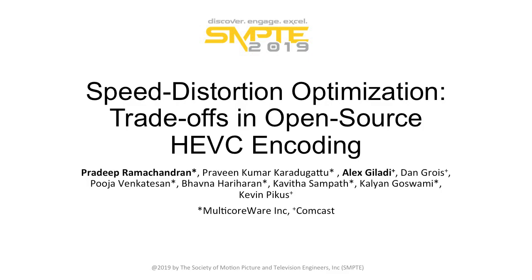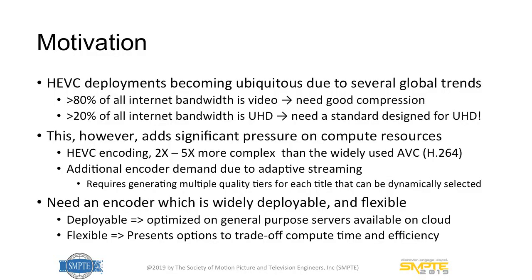Okay, I think I'm preaching to the choir here, but video is important, right? And specifically, where we come into the picture here is the observation that the proliferation of UltraHD content is becoming really significant, right? There are statistics talking about over 20% of internet bandwidth being focused on UltraHD, most of which is HDR. So that's where HEVC becomes very interesting as a codec. There have been some patent-related issues with HEVC, which I'm sure you will have a lot of questions about, but I'm not here to talk about that, right? I'm here to talk about the technology behind what we do with HEVC.